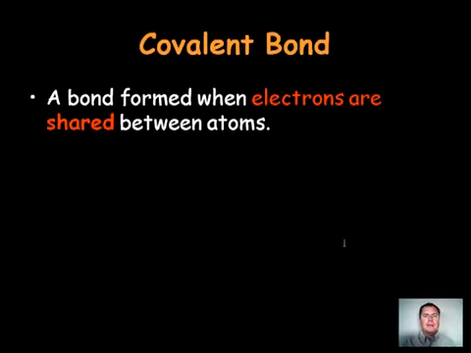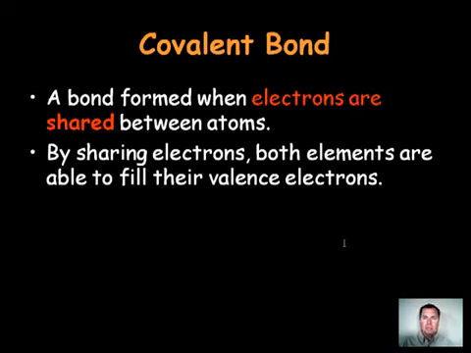A covalent bond is a bond formed when electrons are shared between atoms. So unlike ionic bonds where they transfer the electrons from one atom to another, in covalent bonding they're sharing. And by sharing the electrons, both elements are able to fill their valence shell. So they see the electrons they're sharing of the other element as part of their own, and the other guy sees the other ones as their own. So they're sharing to fill up that outer shell. Because remember, the whole reason for bonding is to become more stable, to fill up that outermost